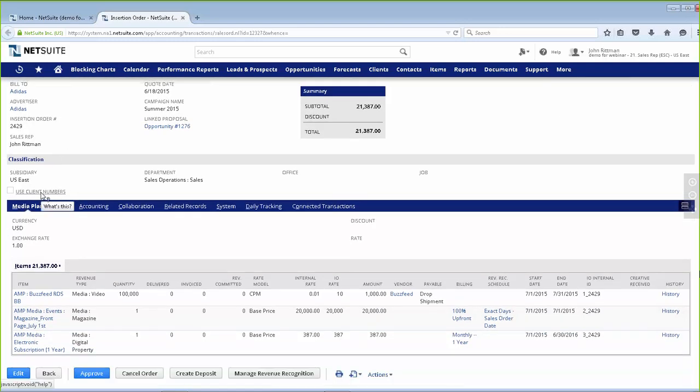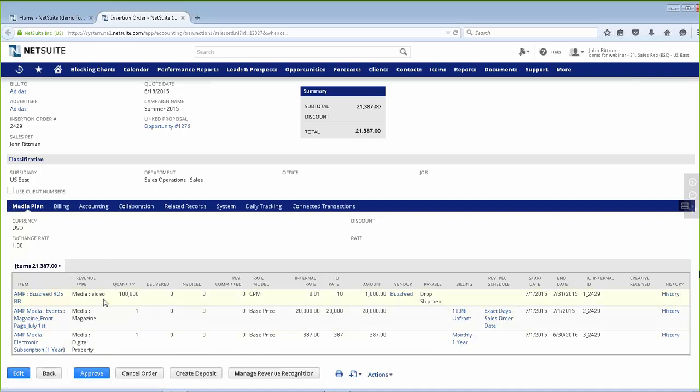I've also got here a custom field that I've added into the system. NetSuite's really easy to configure any of the fields in the system, whether it's transactional, item type fields, or maybe customer type fields, anything that you need to report off of, anything that you need to modify the look and feel to carry more information. It's easy to put that information into the system without having any coding capability. So here's one where I put in a checkbox to indicate if maybe this is a contract that needs to go off of some client numbers rather than our own. And I've also got a number of different items here on the bottom.